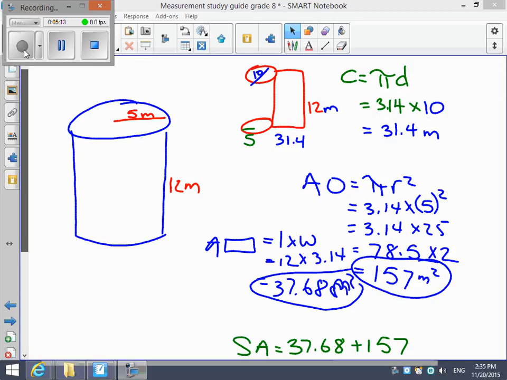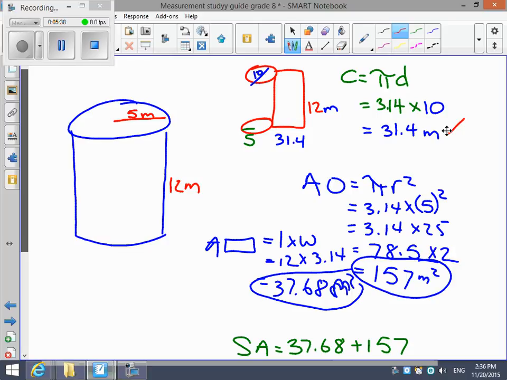If we were to cut that can apart and turn the upright portion of it into a rectangle, it's going to be the same number as your circumference. So that's your first step in doing this question after you draw your net, is to do circumference. We do circumference, pi times d. We know the diameter of that circle is 10, so we figure out that the circumference of that circle is